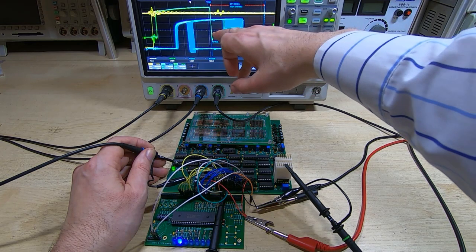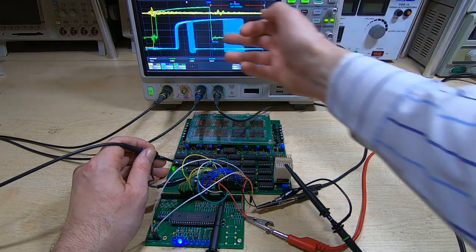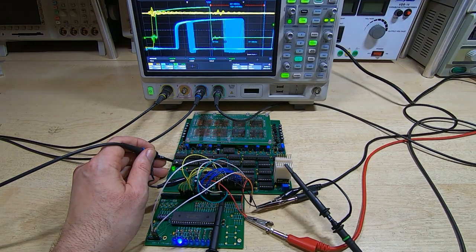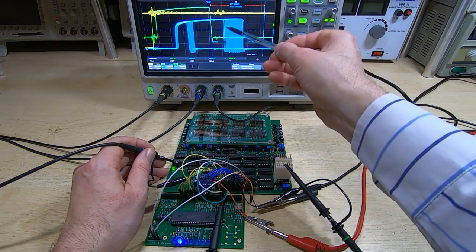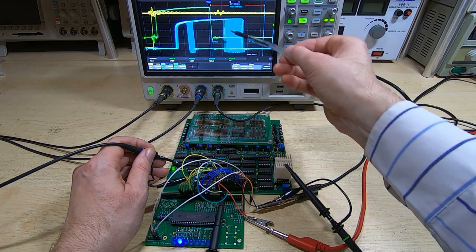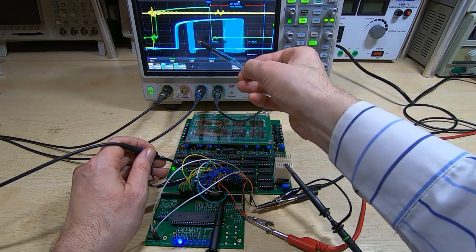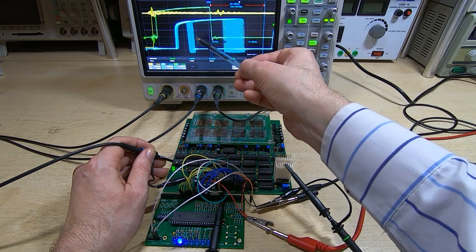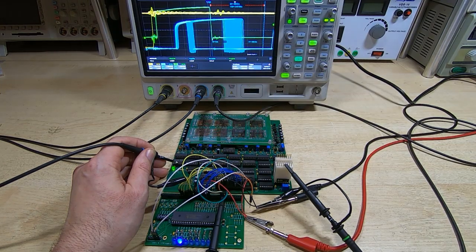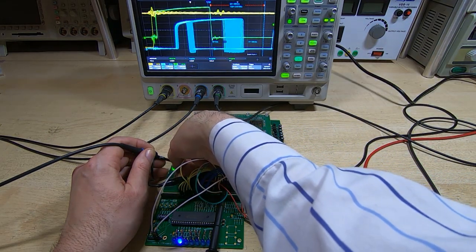But the point here is that the falling edge of the sample pulse, the green pulse, is fairly well into the center of the switchover band, which is what we're aiming for. We need to make sure that we're not getting too close to this area here, where we're getting into the grey area, or too far this way. If we adjust the sense amplifier threshold, this entire thing will move up or down. So if I try to adjust the threshold of the sense amplifier,